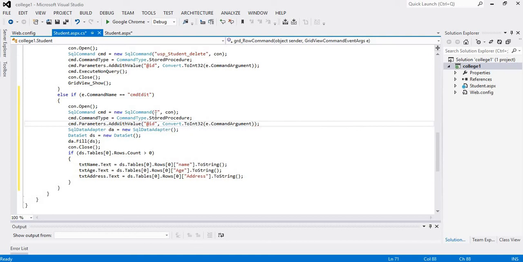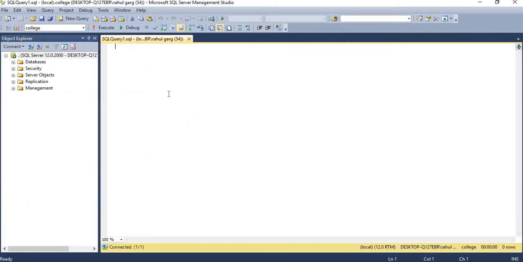Now we have to make stored procedure to edit the values. So we will write stored procedure for edit like this: create proc usp student edit as begin, and this is the common format.